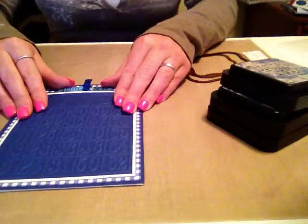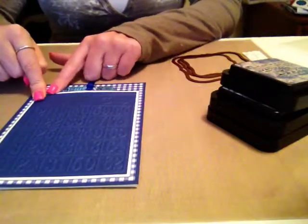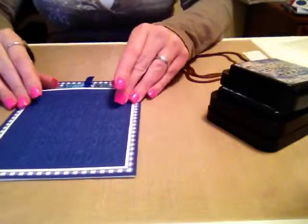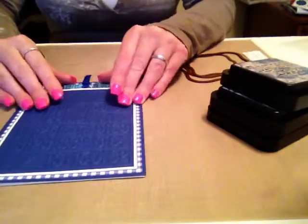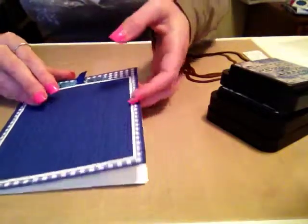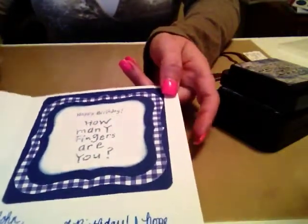So once I had the placement down, I put tape on 3 sides of it. I didn't put any tape on the top. Placed it down onto the mats, and then slid the tag into it. So there's the outside. And inside, I took the same colors of mats from the front